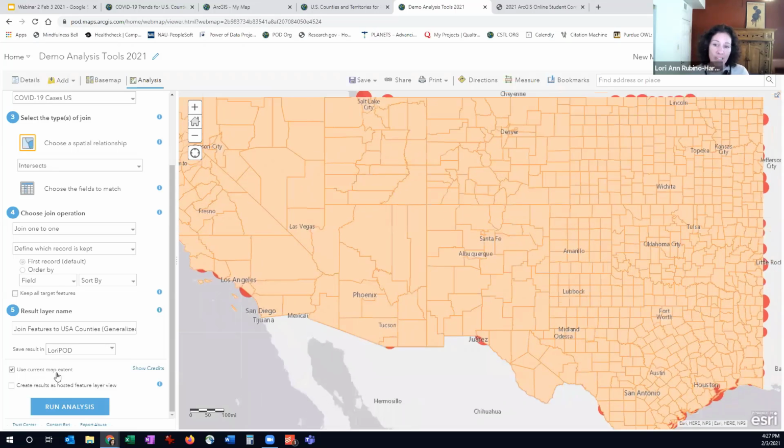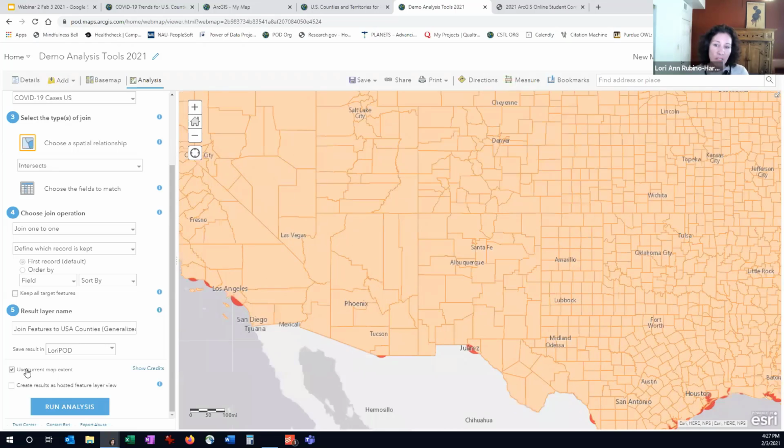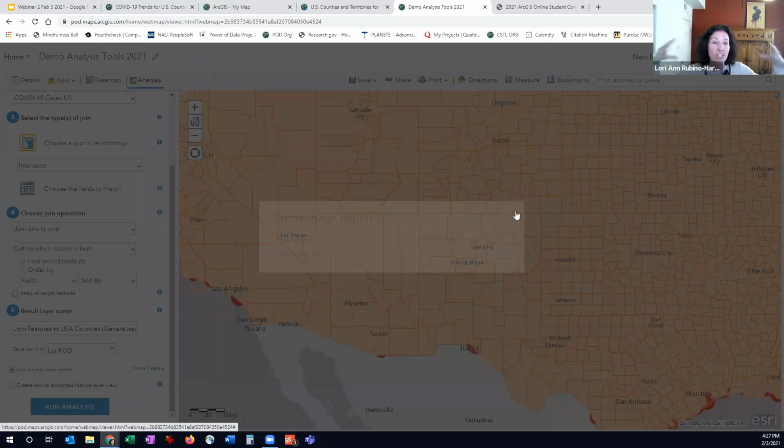I just want to do the Four Corners region, so I can make sure my box is checked that I'm going to use the current map extent. And then I can run the analysis. One of the things they have here is a little button that says show credits. It's going to take about 2 credits to run this,